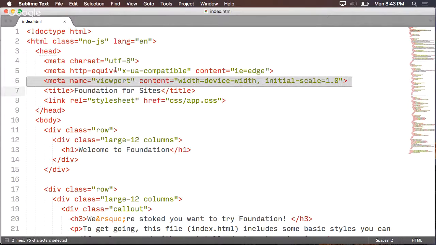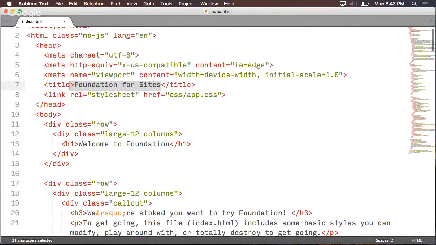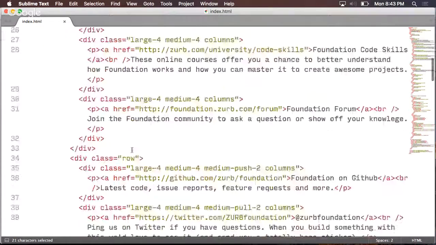It's giving us a little media query thingo, which we don't have to talk about, making things look good in older versions of Internet Explorer, giving us a title, which we can change if we want to. Obviously, we don't want our title to become Foundation for Sites for our website. And then a whole bunch of HTML that we can work off